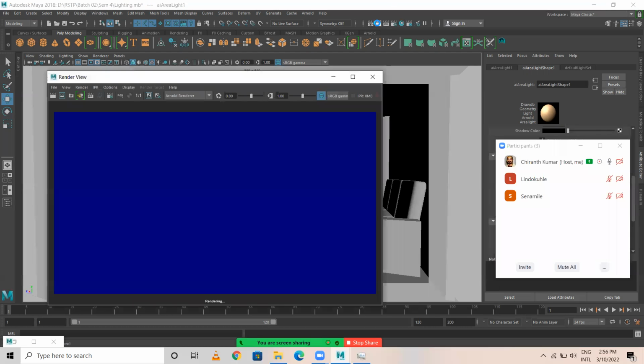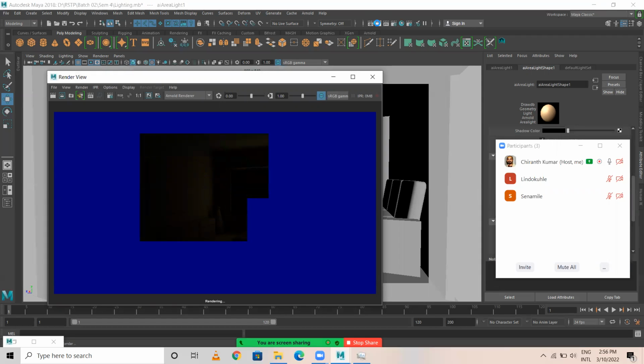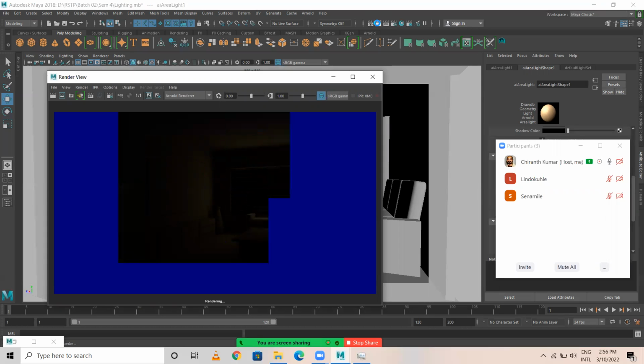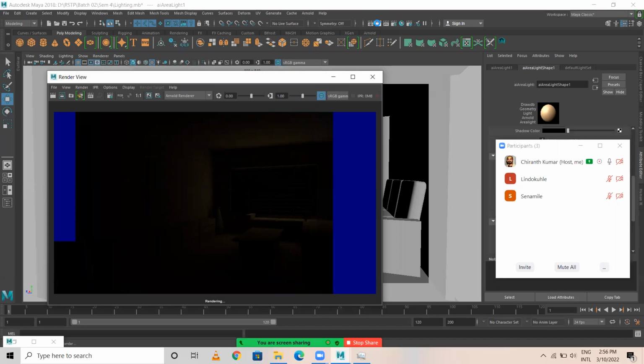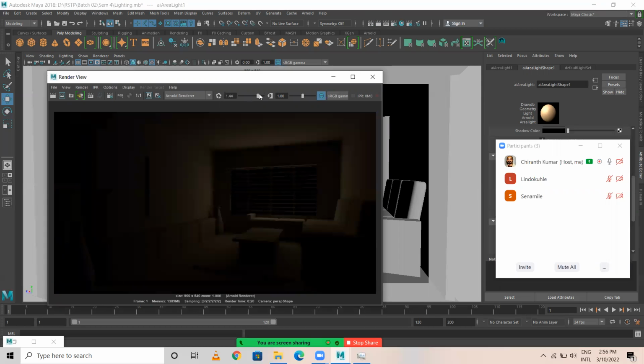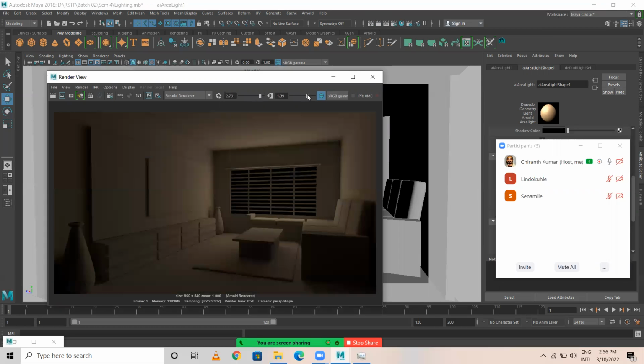Let me take a render. Okay, still brightness seems less. We need to increase even more. Like this, see?